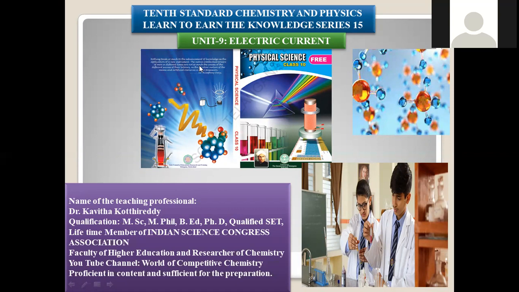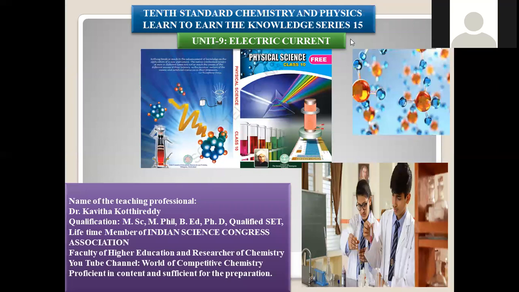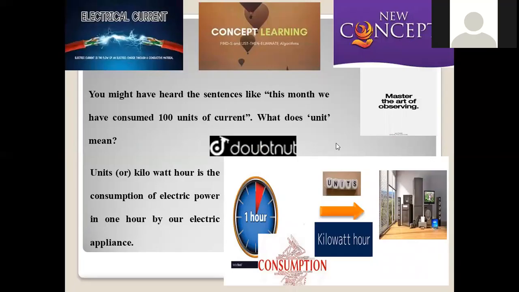In addition to this, unit number 1 to unit number 8, the entire detailed explanation is available on the channel called World of Competitive Chemistry. Now we have entered series number 15, where we are going to discuss the concepts related to the worst impacts of electrical short circuits, high voltage or overburden, how such consequences are possible, and what are the worst impacts generated by such accidental incidents. Now let us discuss series number 15.